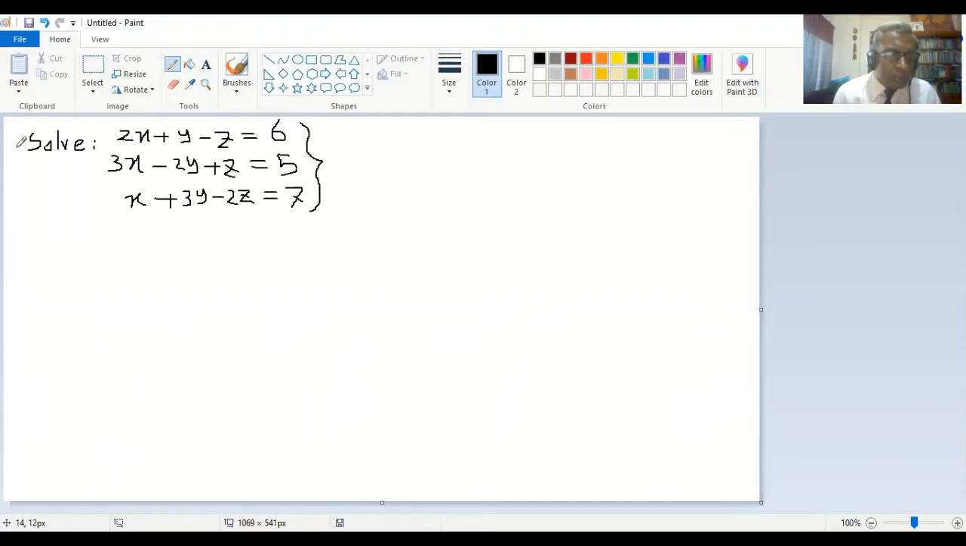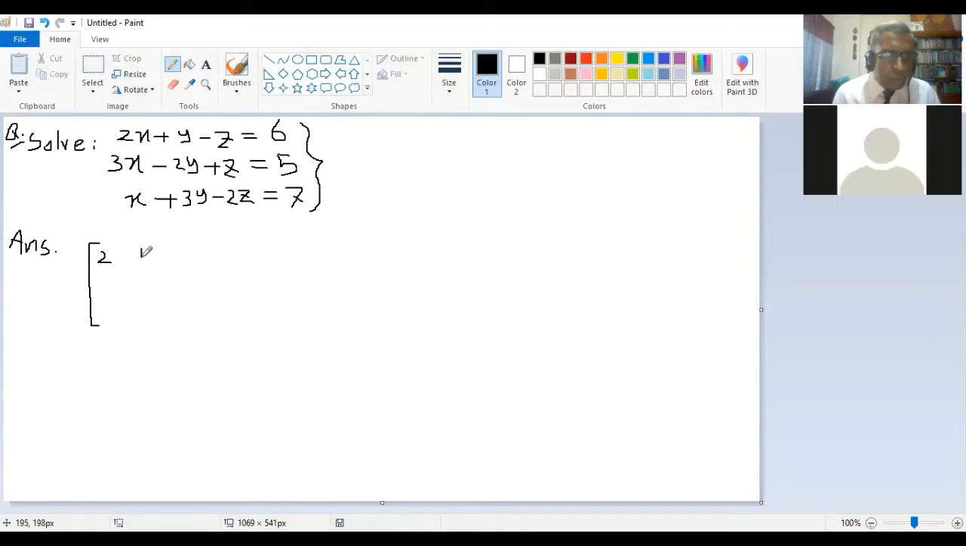So you start here. This is the question. So you start your answer. What you will do, at the beginning you will make the matrix format of the system of equations. So what will be the matrix format here? In matrix format, it will be 2, 1, minus 1, and then 3, minus 2, 1, and then 1, 3, minus 2. So this will be the matrix with constant numbers,